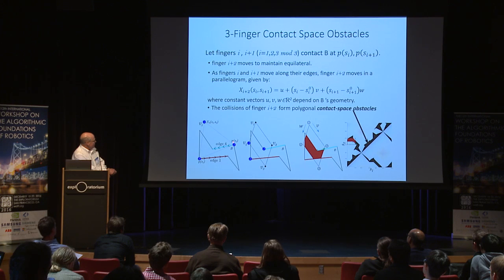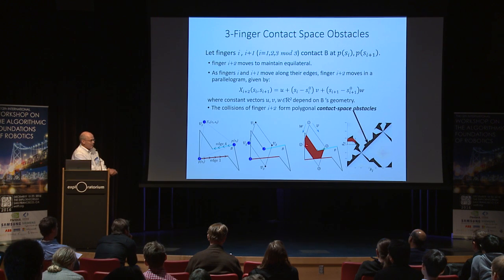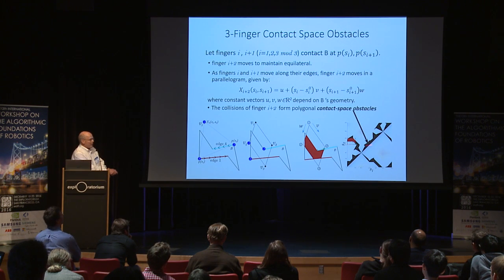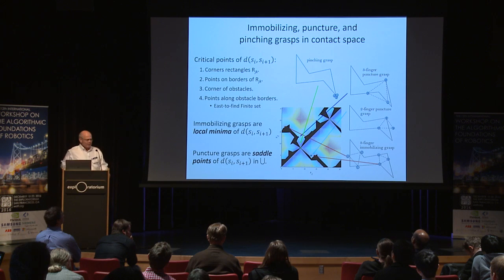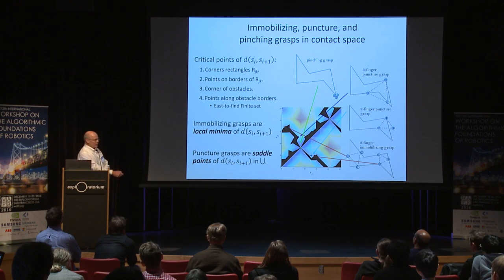What you show now is that if you have three fingers that always maintain an equilateral triangle, then the third finger, as these move along the edges, always moves inside of a parallelepiped. And so these motions here are forbidden because the third finger, in an equilateral triangle, will be contacting these regions. So we introduce contact space obstacles, which correspond to those graphs which cannot be done by three fingers. The good news is that almost everything that we did before goes through, and that is